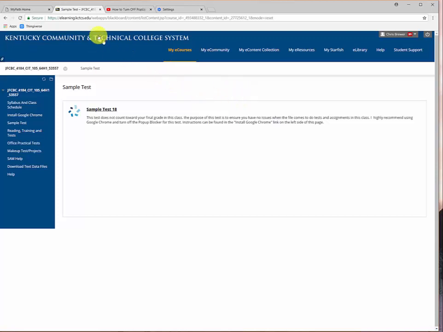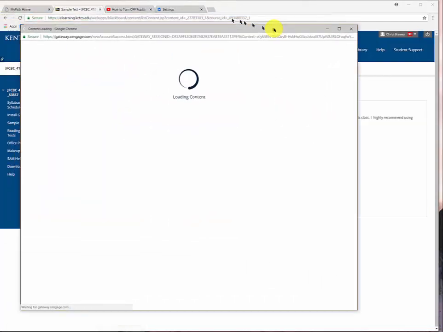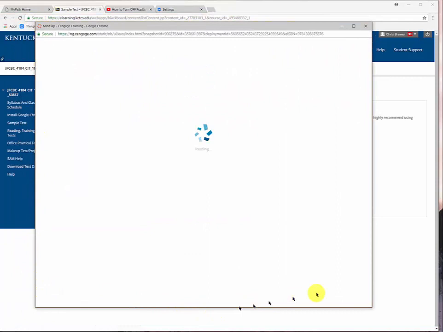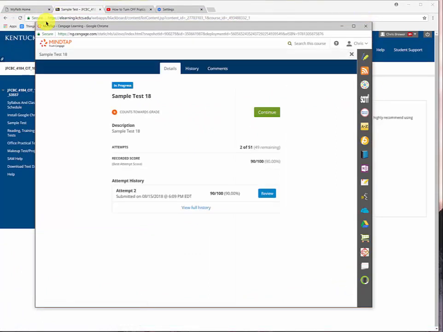But this is how a test works. I click on this link and it opens up this pop-up. So this little window that opened up, this is the pop-up that it was talking about. Now I've already taken this test a couple of times, but I'll show you how this works, and then I'm just going to get out of it because I'll stop the test and come back to you when I'm done. But I'll show you how it starts. So I'm going to click on Continue,